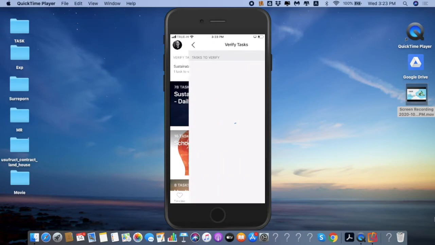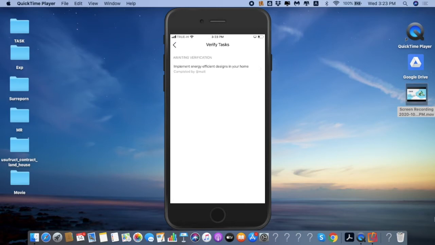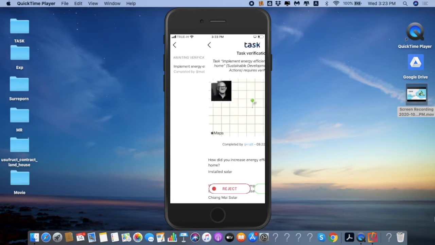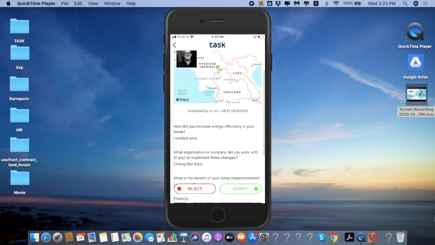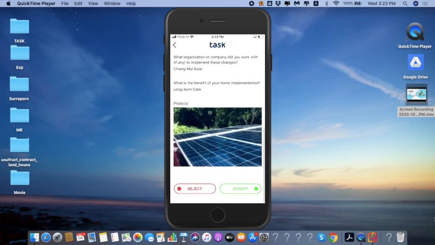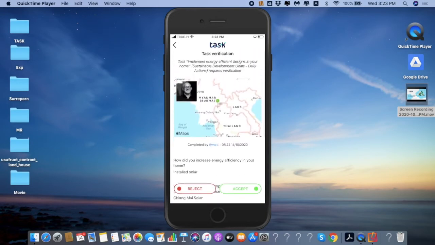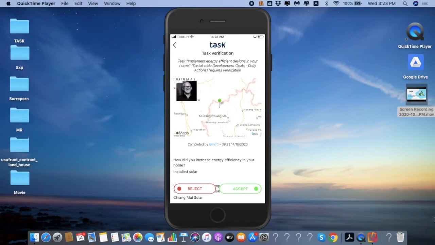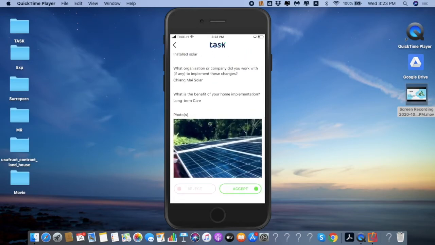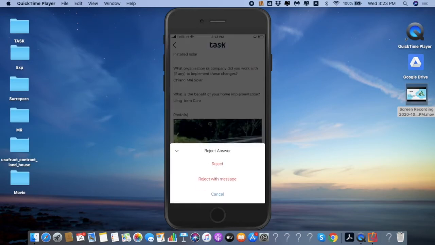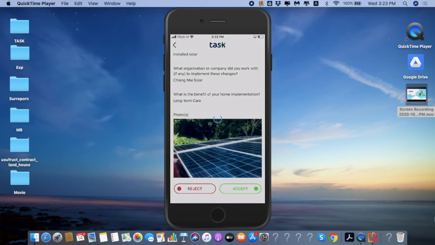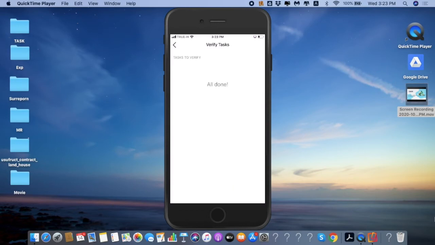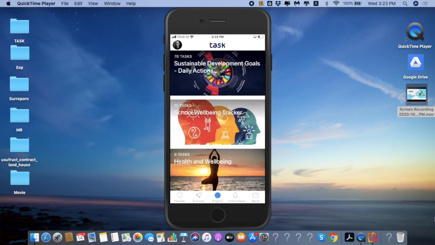So if I just click in, you can then see what's been completed here. What is the task? Well, you can see everything I just put in. You can see the image. You can also see the geolocation of where my task has been done. If I want, I can reject that. If it was not correct, I can reject with a message and just let someone know. Or I can accept, which is what I'm going to do in this case. And that's all done. So if we just go back now to our project,